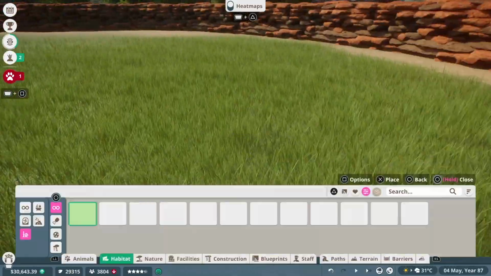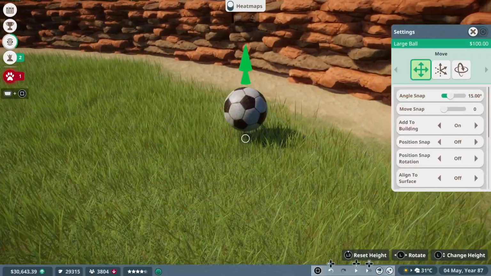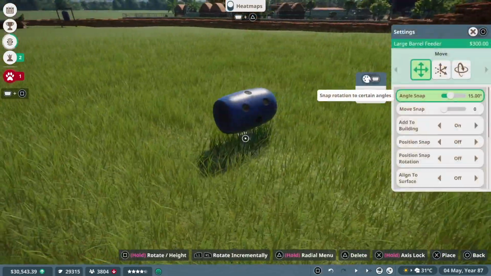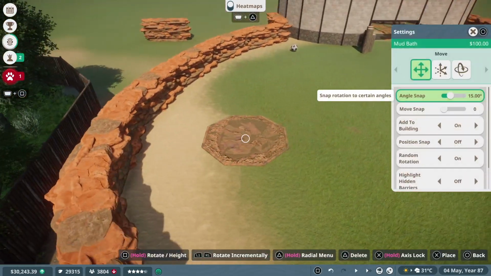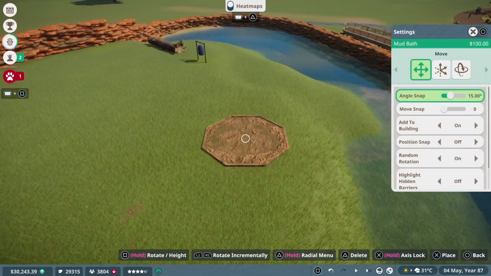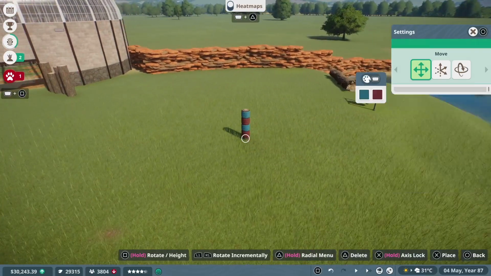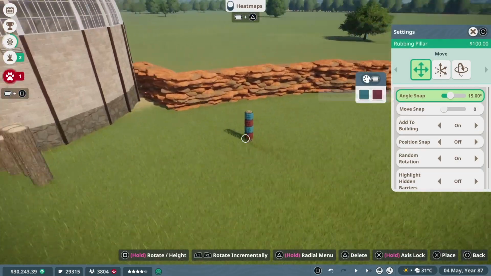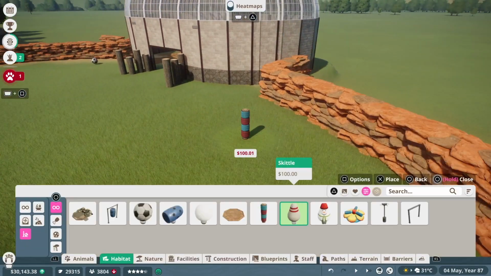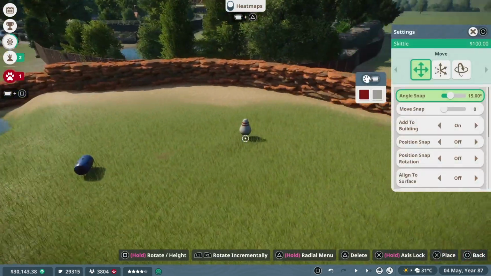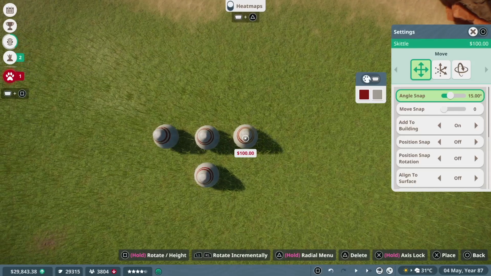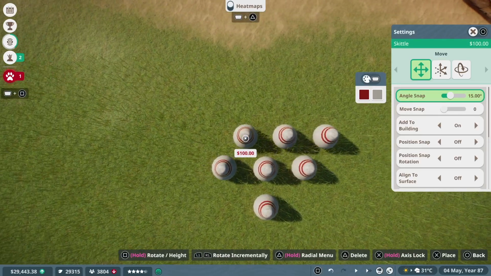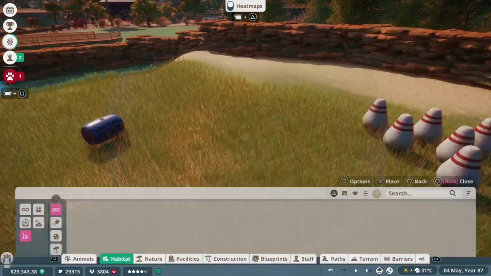the front of the habitat as always, so that the guests get the best view. And then the toys are going to be littered about everywhere, basically. The more you spread out your enrichment items, the more likely it is that your animals will use the entirety of the habitat provided to them. I'm also going to use the massive skittle things that are provided to make a bowling alley. They can run at these skittles and knock them over if they want, have a little bit of fun. I did it for the sea lions and they seem to love it, so I'm going to do exactly the